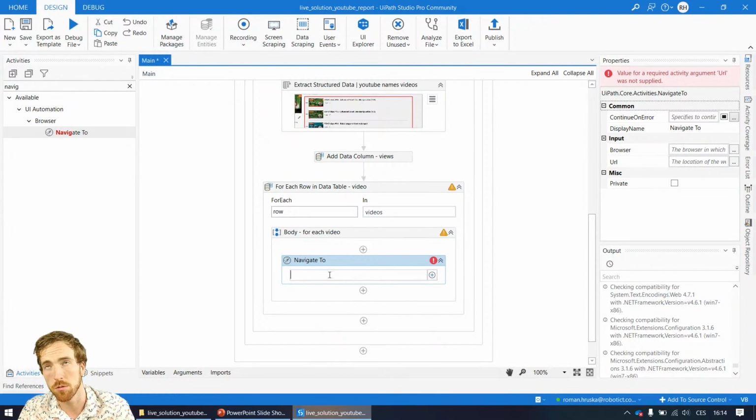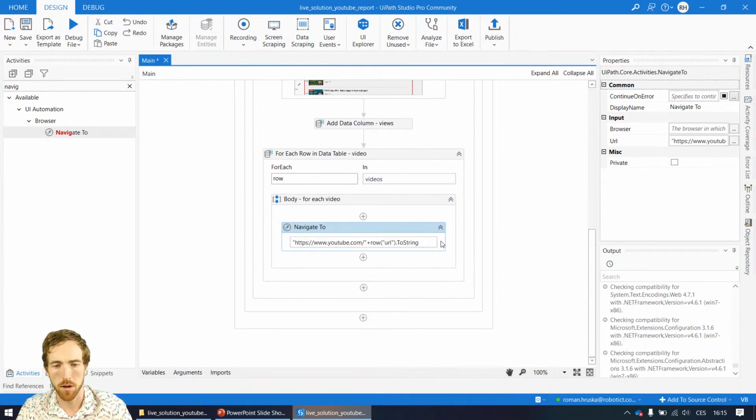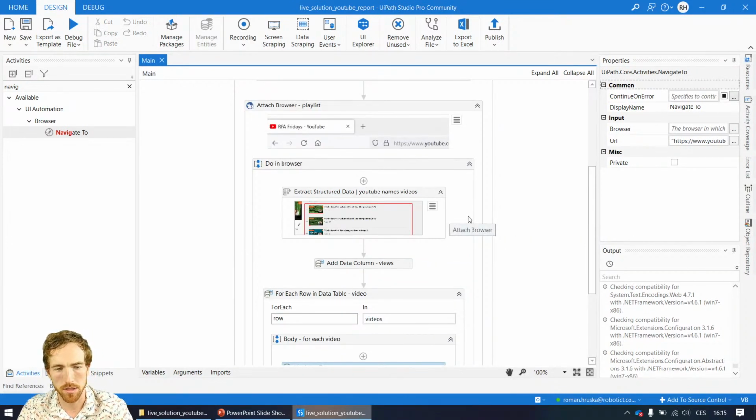To the, let's say, website name. So we have to fill in https://youtube.com with the last slash, and then plus row URL dot toString, and like this. This is how I will actually get each URL, and maybe we can even run it now and see if